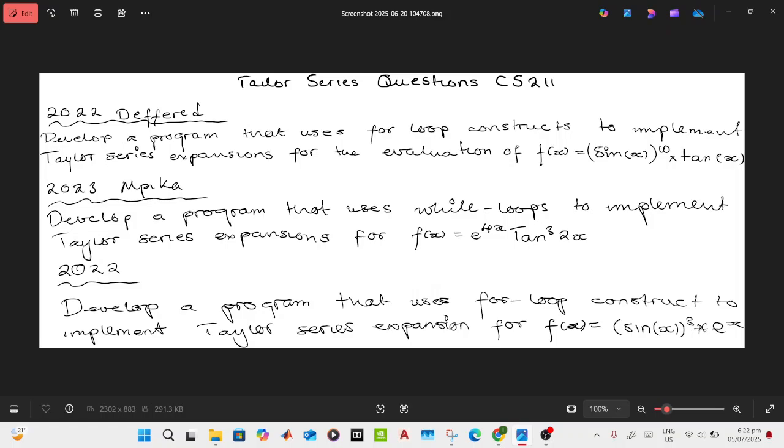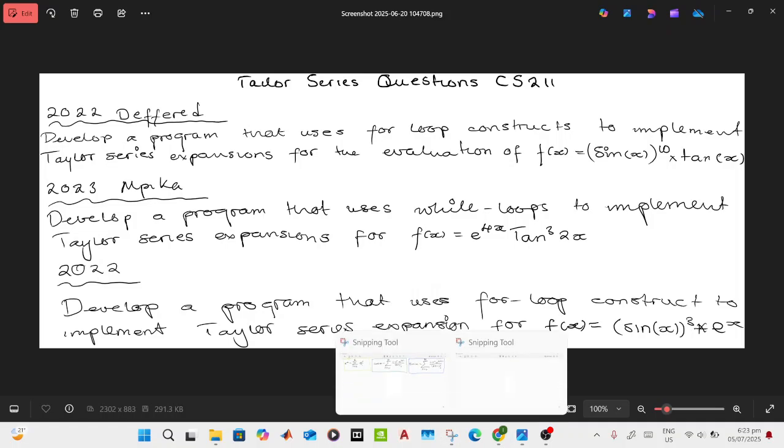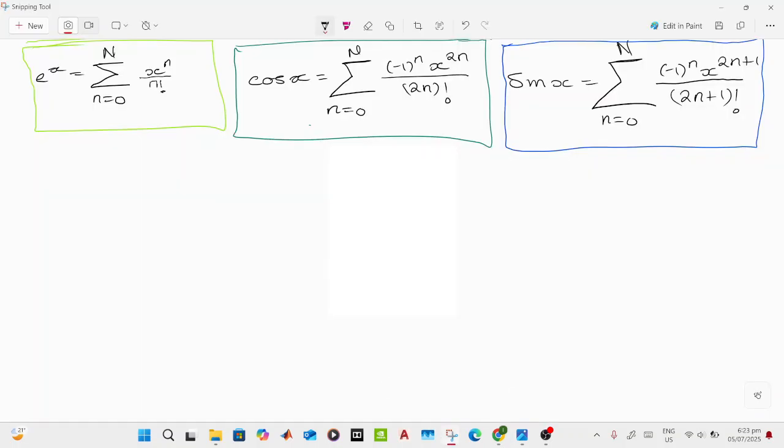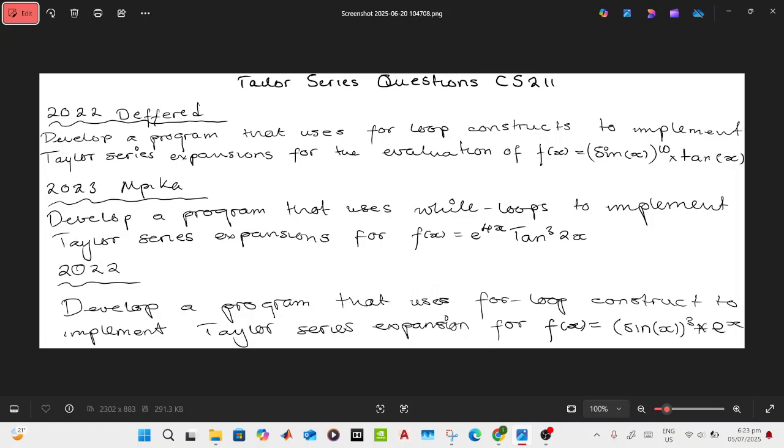So to solve these three questions, we are going to make use of three equations or summations for the Taylor series expansion of exponential to the power x, cos x, and sine x. So these are the three formulas that are going to help us to solve these three questions. And to start off, we'll be beginning with